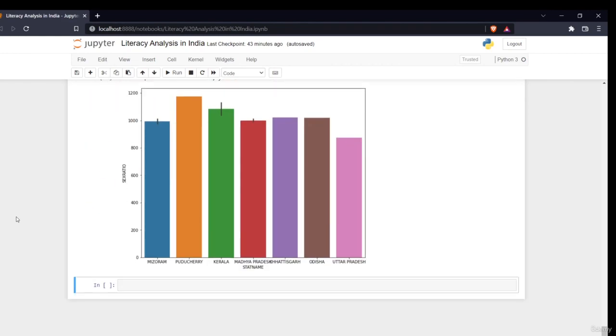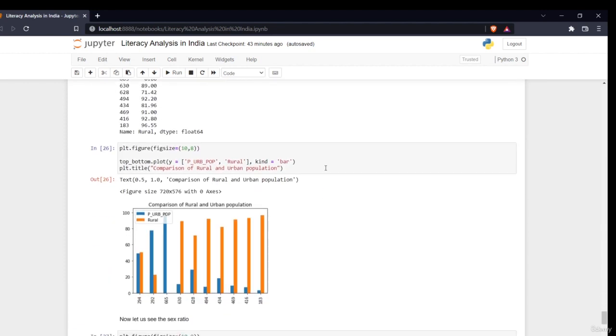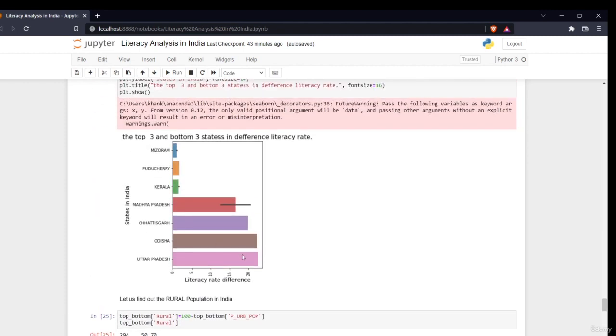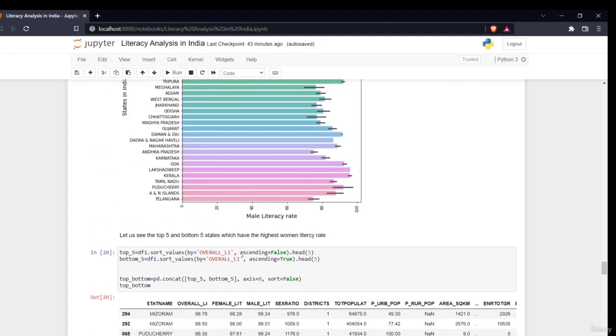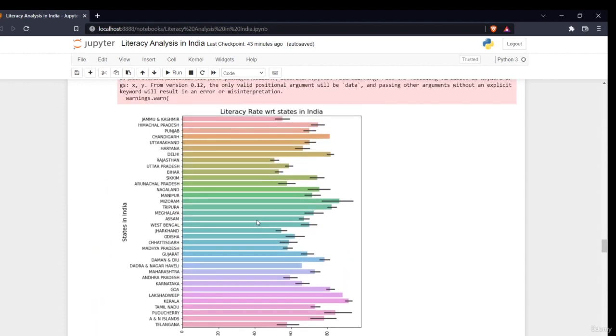And if you want to see the very underdeveloped state, that may not be hard to guess: it would be around Uttar Pradesh, Madhya Pradesh and the like. But in this, Uttar Pradesh comes out as the worst state on the basis of education, because it has the lowest boy to girl ratio. Most of the population is living in rural areas, and the difference in literacy rate between girls and men is the highest. The male literacy rate is very high, while the female literacy rate is very low, around